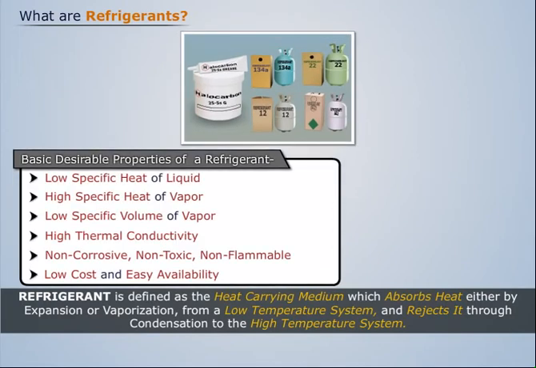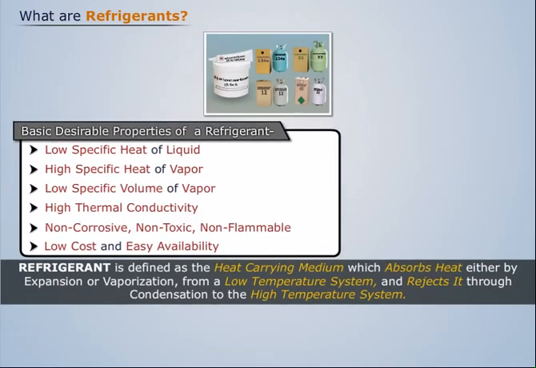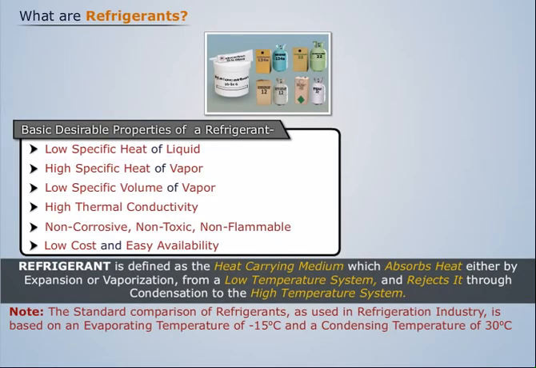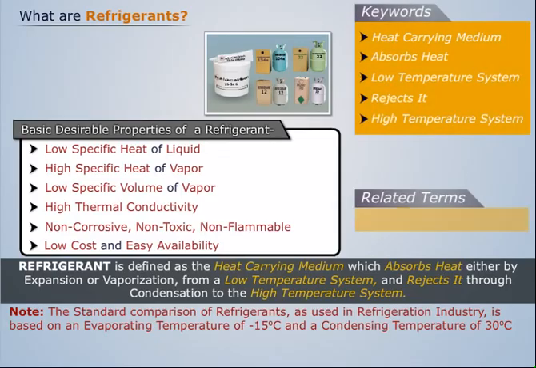There are some other important properties which are listed below. Note, the standard comparison of refrigerants as used in the refrigeration industry is based on an evaporating temperature of -15 degrees Celsius and a condensing temperature of 30 degrees Celsius. Related terms are